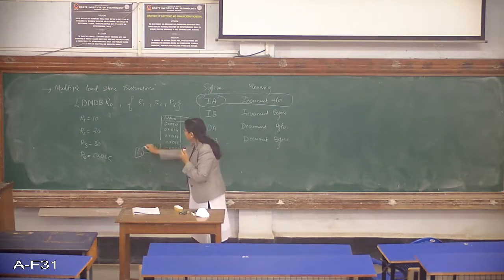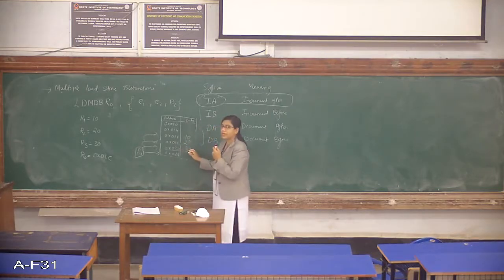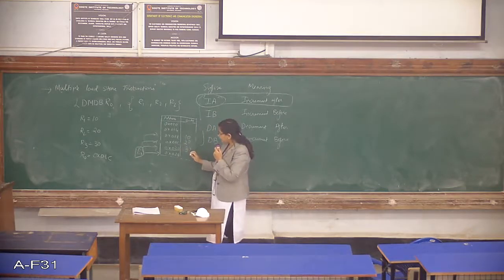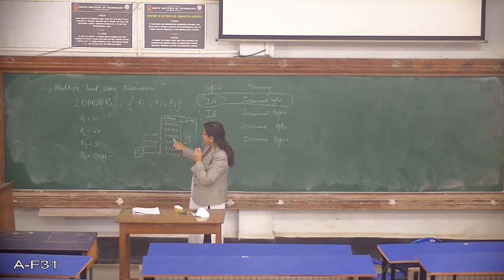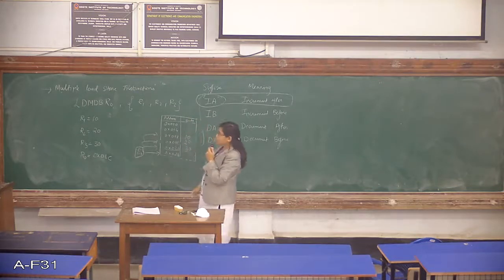Then again you decrement it. Now you'll be loading the value as 20. You again decrement it. Now you are loading the value as 10 here. So this is how you will be entering the data. And if you have a write back, now the current value of R0 becomes 0x018. So this is how your multiple load store instructions work.